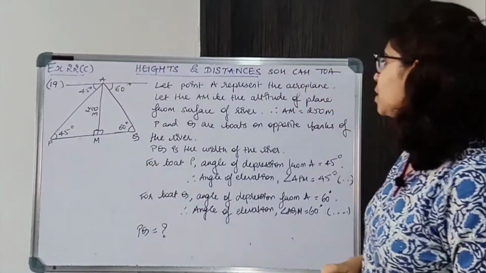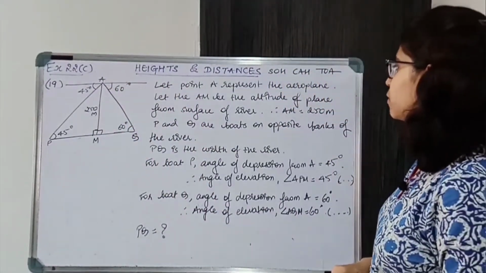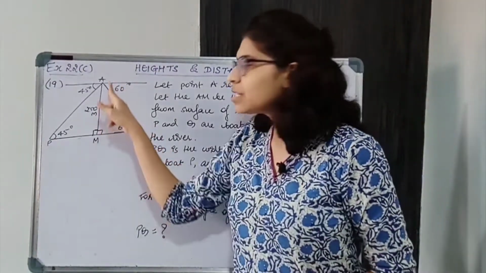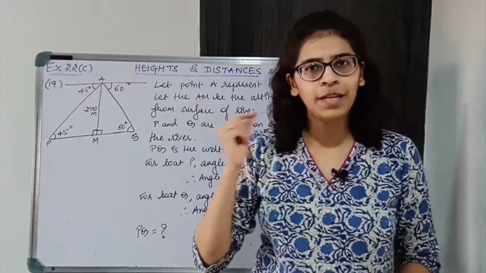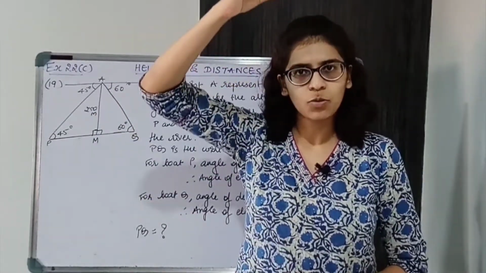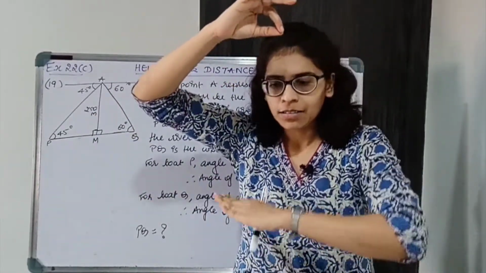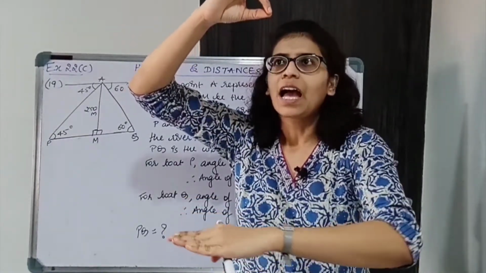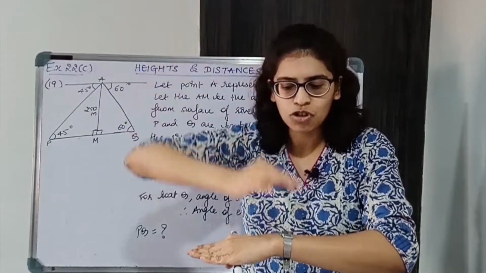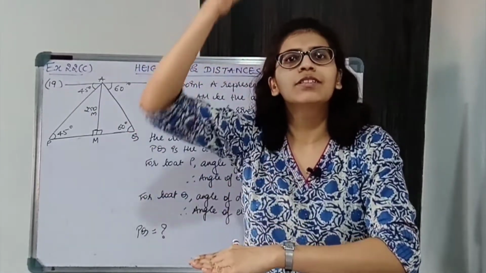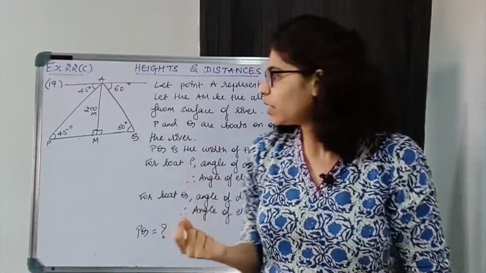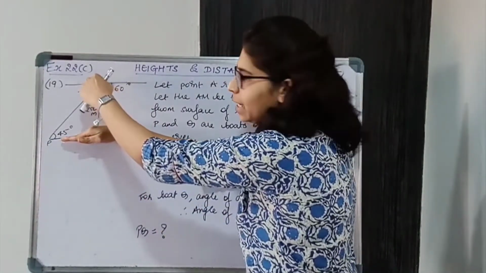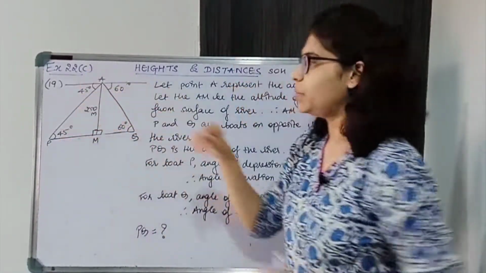Now let AM be the altitude of the plane from the surface of the river. Therefore AM is equal to 250 meters. Now AM is the altitude of the plane. So the plane is over here at some height and there is water flowing, the river है. So the distance between the river and the plane, the altitude, is 250 meters. So this is like a river, this is the plane, and the altitude is 250 meters.